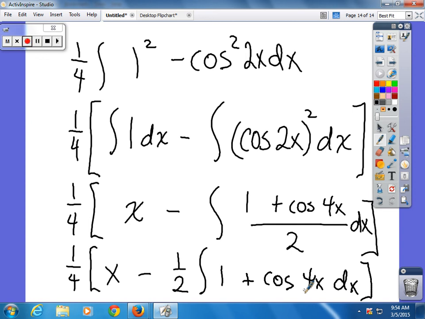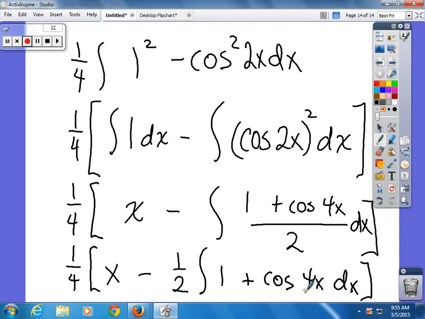Take it to the next page. Cosine of 4x, so you're going to need a 4 dx, so you're going to have to multiply by 1/4,